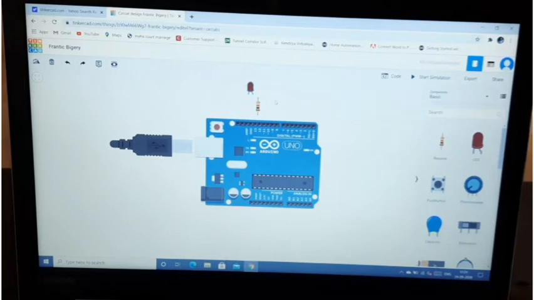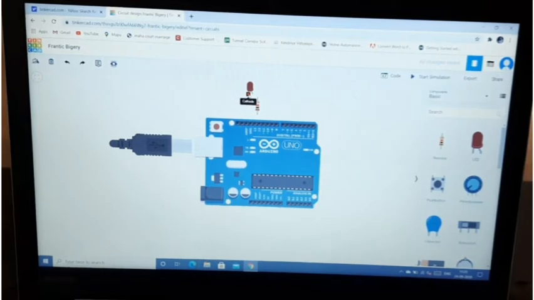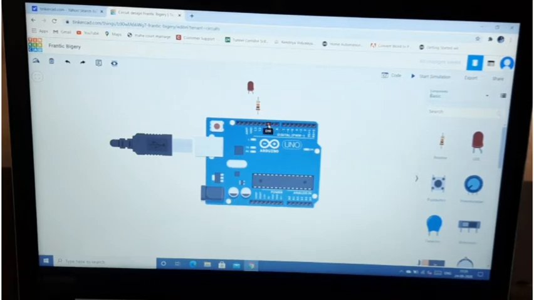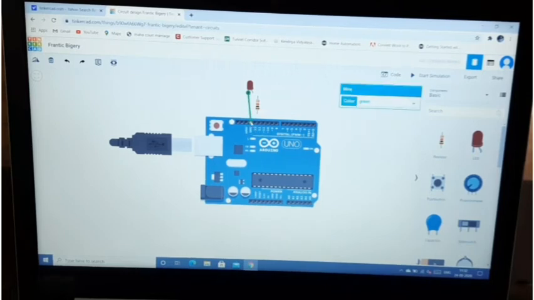Now I have to do the wiring. For this, we know that this is the cathode point of the LED. You can see cathode is written. So we have to connect it to the ground terminal. This is the ground terminal. You can count also: this is pin number 8, then 9, 10, 11, 12, then 13, and this is the ground. So you just click on this and drag it to the ground terminal, and click again on the ground terminal, and you can select